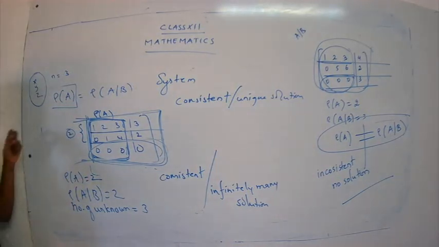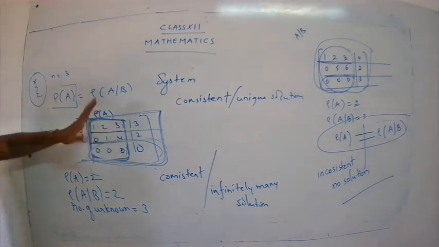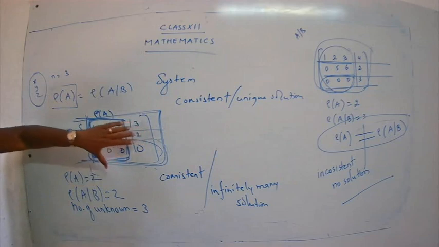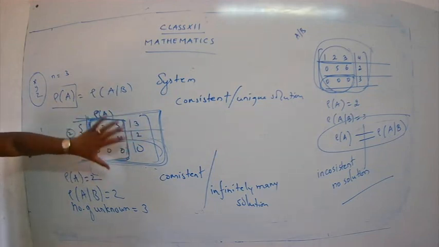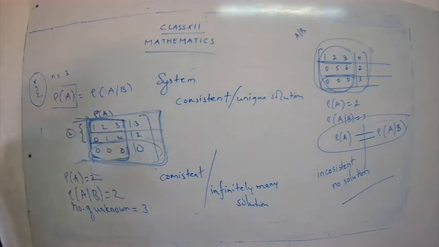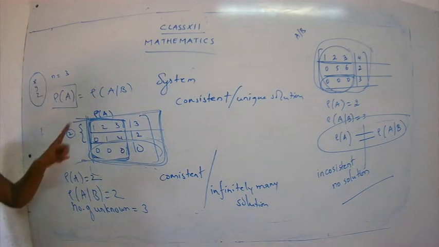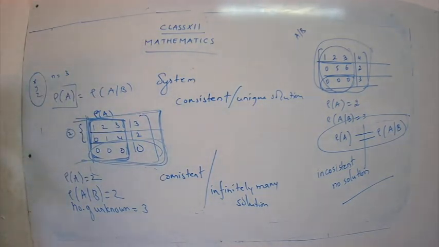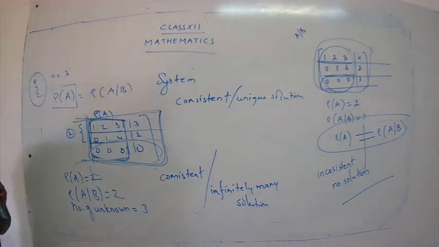Good. Now, how to find rank of A? Take the first part. We have a division line over here. When you take the part before the line, you call it rank of A. And when you take the whole part, it is taken as rank of AB. So be clear with the parts that we have to focus on, A and AB. When you have all the 3 equal, you have to say the system is consistent and unique. And if the rank is the same but the number of unknowns varies, you have to say the system is consistent, but it has infinitely many solutions.